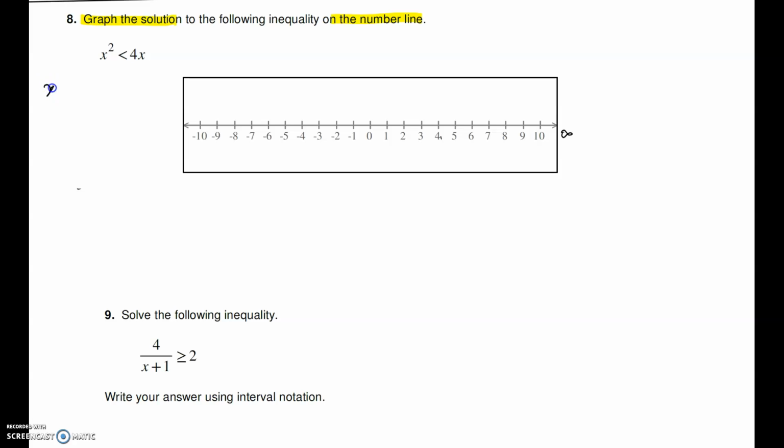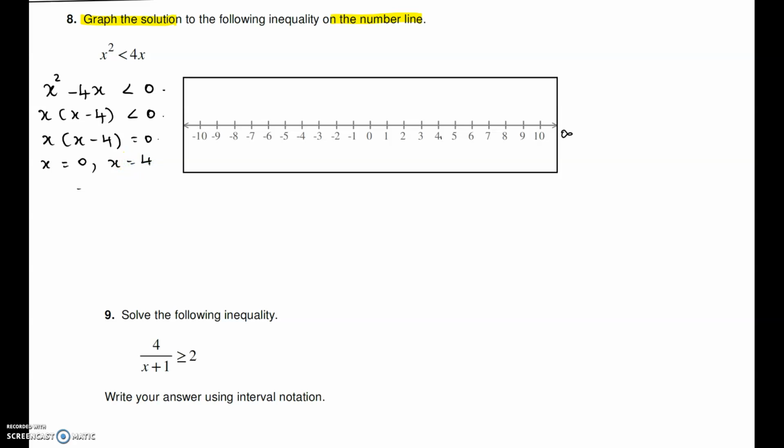First, we will bring both expressions to one side and make one of them 0. So it's x squared minus 4x less than 0. If you factor, you get x times x minus 4 less than 0. So first we will find out the boundary points. x times x minus 4 equal to 0. So we will set it to 0 and solve for x, which is x equal to 0 and x